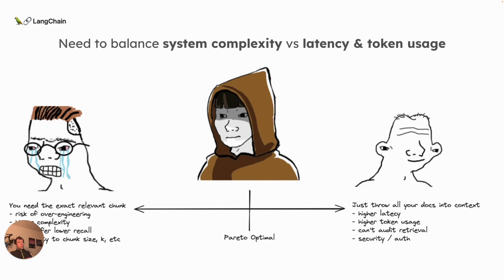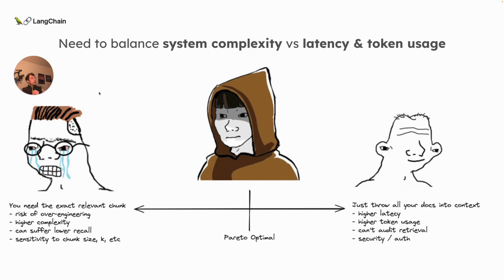Now, in a world where you have very long context models, I think a fair question to ask is, is this really the most reasonable approach? On the left here, you can see this notion closer to today of I need the exact relevant chunk. You can risk over-engineering. You can have higher complexity, sensitivity to these odd parameters like chunk size and K, and you can indeed suffer lower recall because you're really only picking very precise chunks. You're beholden to very particular embedding models. So I think going forward, as long context models get better and better, you should certainly question the current very precise chunking RAG paradigm.